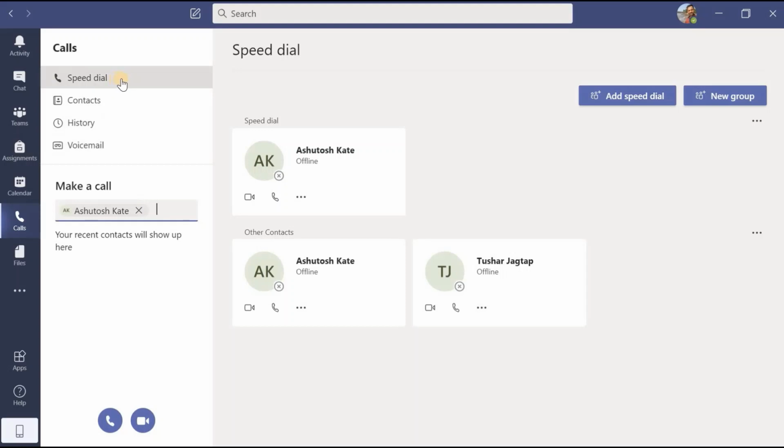Or suppose inside this speed dial or inside this contacts, different contacts I have saved. Just I have to go to that contact, and here I am getting different tabs. First tab is nothing but the video call. If I click on this, easily I can make a video call. If I click on this call button, easily I can make the audio call. Okay, similarly if I want to have the chat, easily I can have. Similarly if I want to remove him from my speed dial list, easily I can remove. Or if I have added him in any of the groups, that is also possible to remove. Okay, means either from here I can make audio call or video call, or from here also I can make audio call or video call.